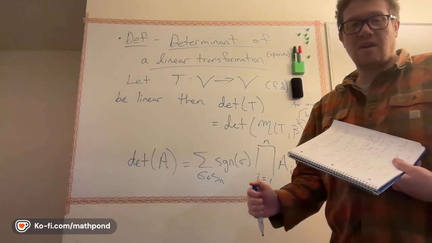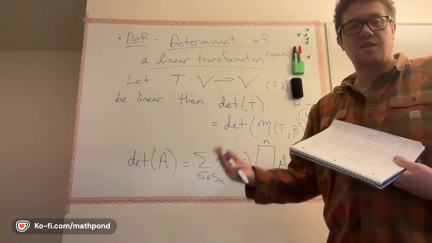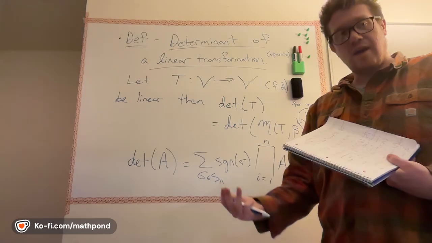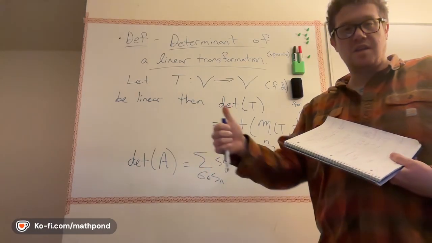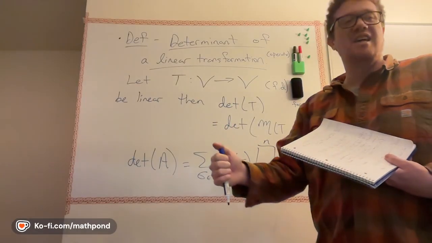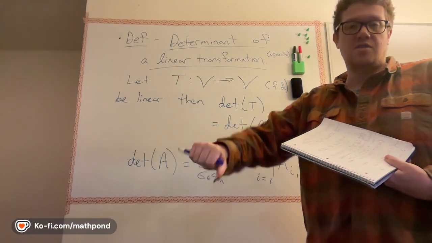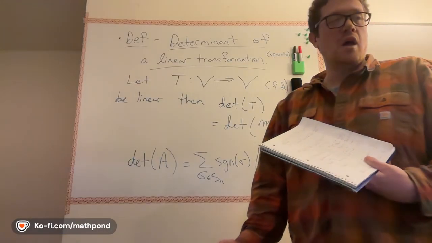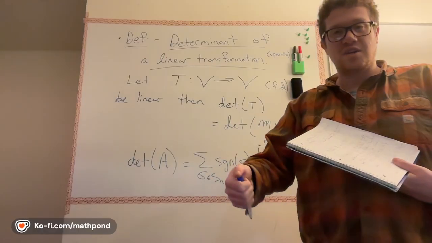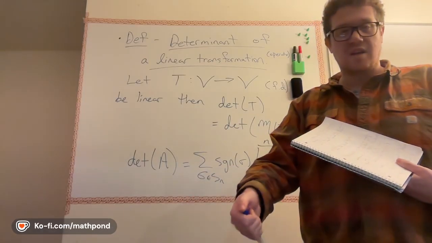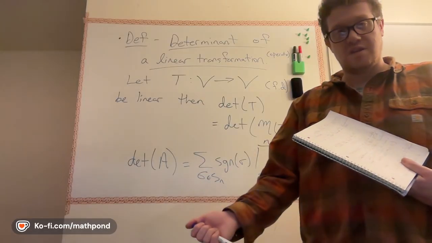So the determinant, if it's invertible in the field, or in other words, if it's non-zero, so if the determinant is not 0, then that means that your transformation is invertible. If the determinant is 0, then your transformation is not invertible. So it really is kind of like an on-off switch. Is it 0 or is it not 0? If it's 0, then no good. Your transformation is not invertible. If it's non-zero, then it is invertible.